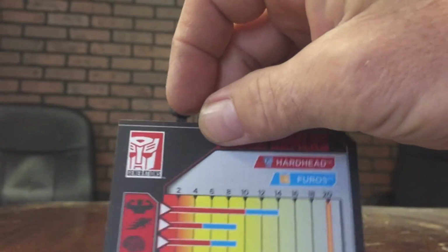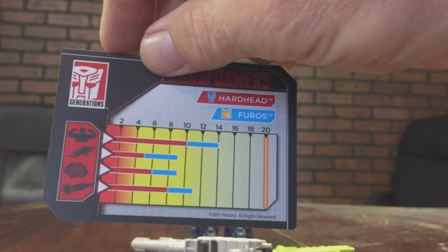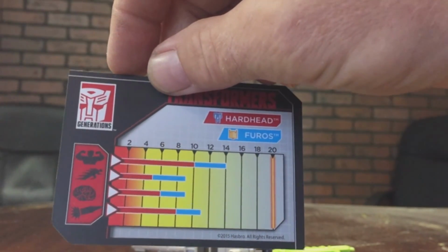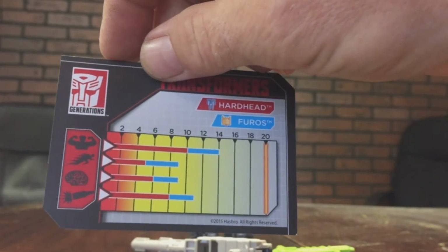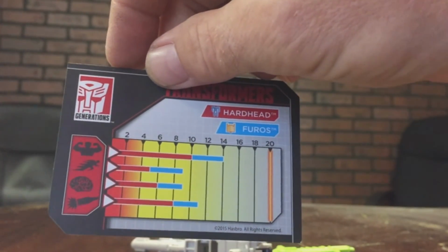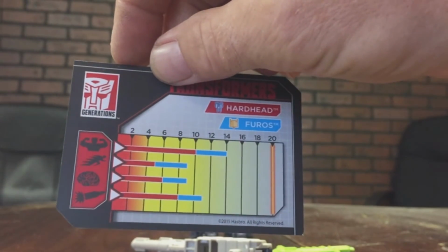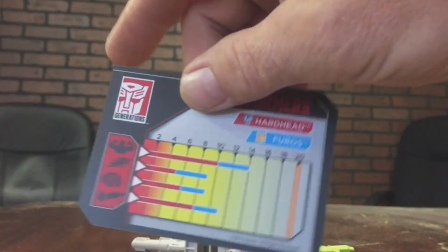And on the back here, we have a breakdown of their strength, speed, intelligence, and firepower. Now the red lines there are going to be for Hardhead by himself, and then the blue extended lines are going to be his combined power with Furos. So we see that he gains a little bit extra power in all the different fields when he's added with Furos. Now these cards do come on really thick stock,